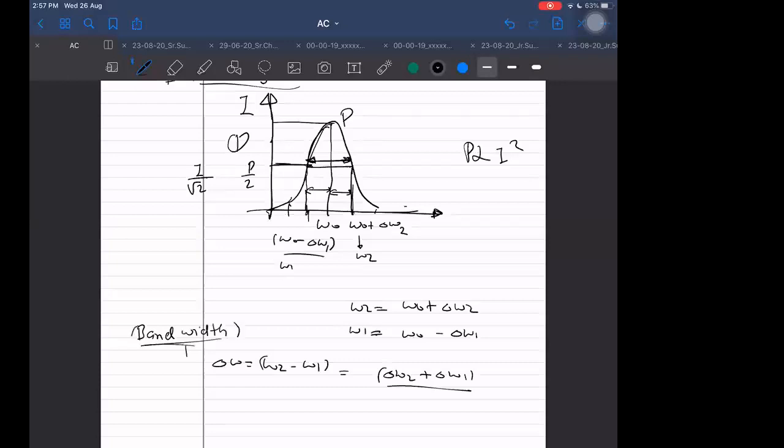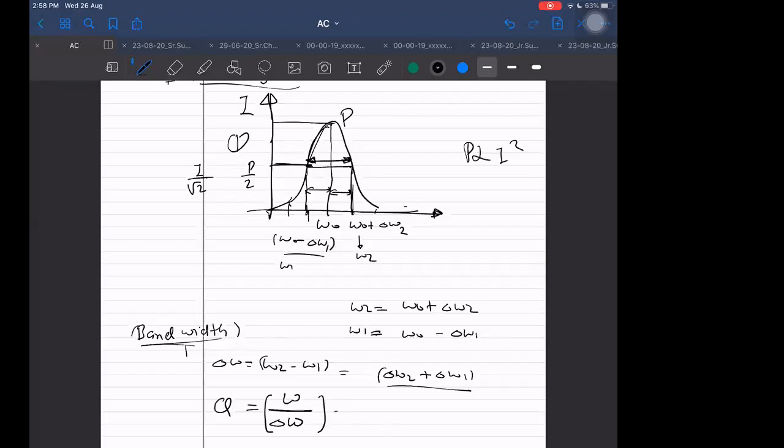This bandwidth is the difference of the angular frequencies when the power becomes half. That delta omega, and delta omega divided by omega naught, could be defined as the quality factor. But I should say the opposite of this, because the lesser the bandwidth, the better will be the quality. It is inversely proportional to that. So omega naught by delta omega will be defined as the quality factor. This is the quality factor, omega naught divided by delta omega.